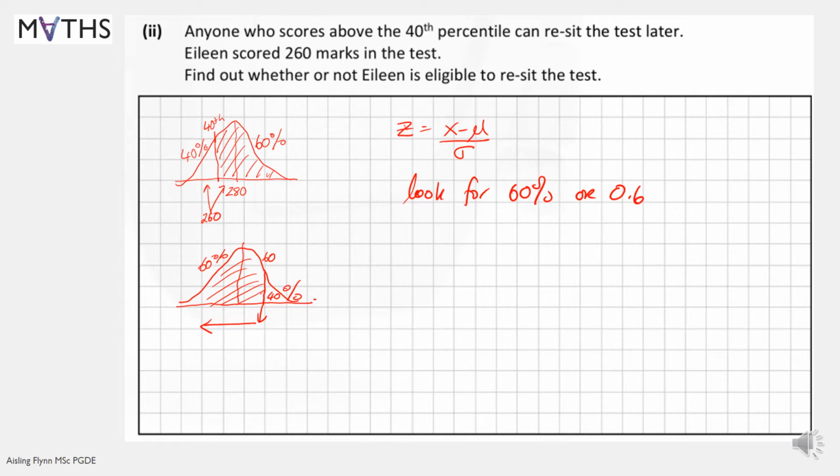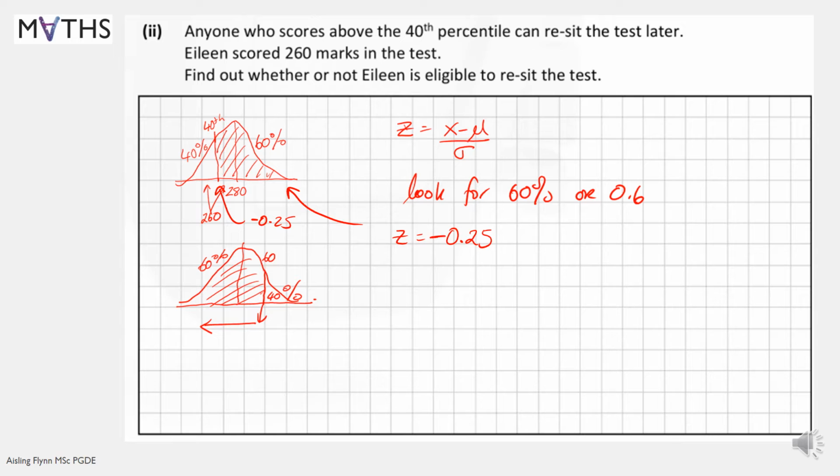So we found the Z score to be 0.25, and if we're to equate it to this picture, what's the chances she is above that level? So this should have a z-score of 0.25 but minus 0.25, because it's below the